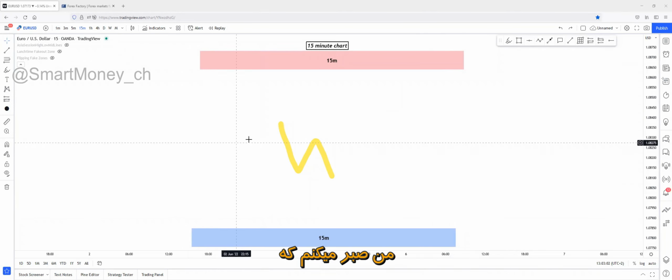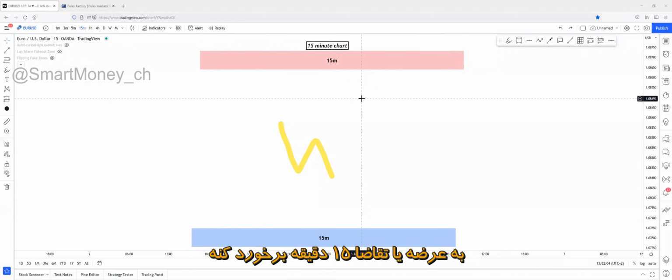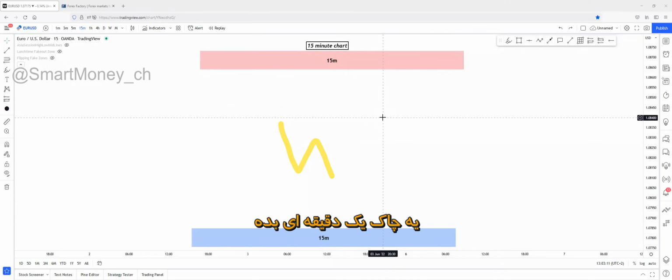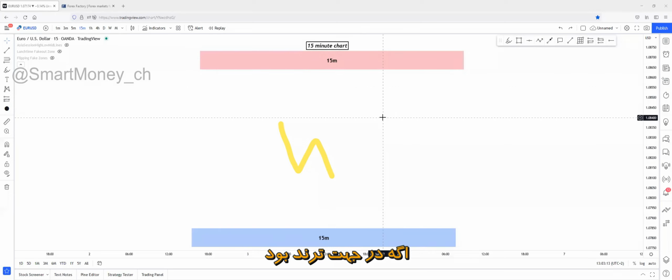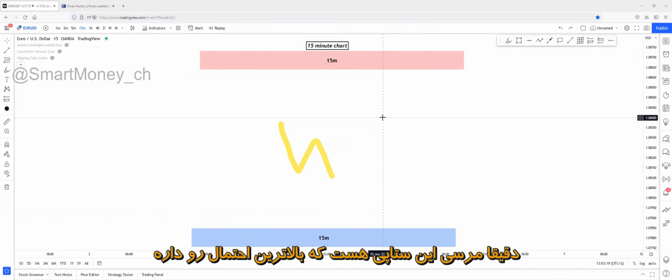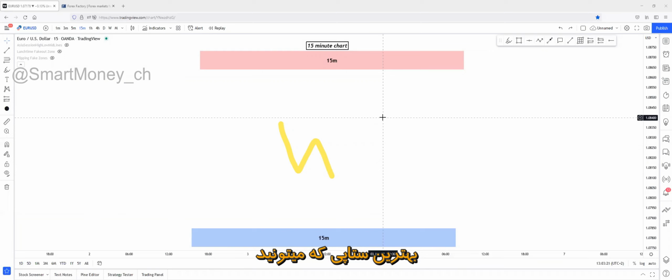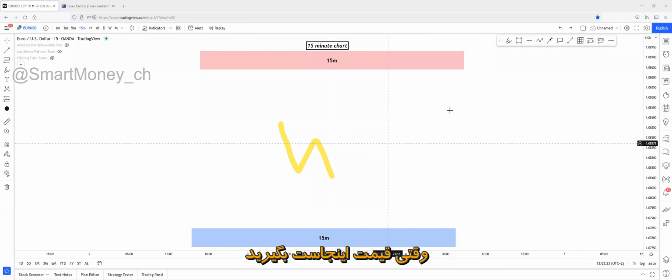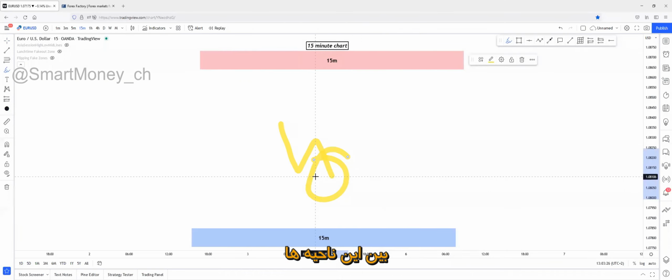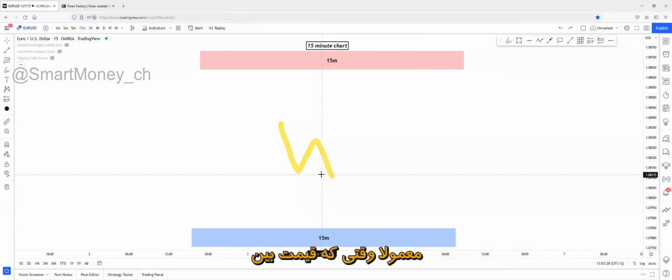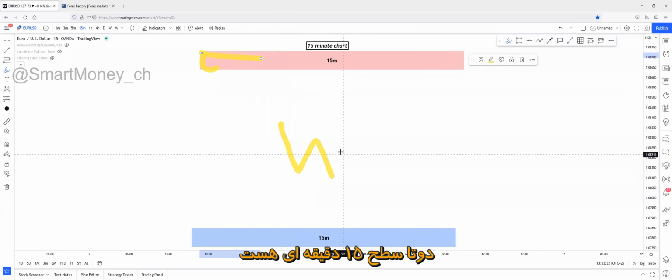I would wait for it to tap either the 15-minute supply or the 15-minute demand, and there I would wait for a 1 minute choke if it's with the trend, and if it's counter trend, I would wait for double confirmation on the 1 minute. Exactly, thank you, perfect answer. This is the highest probability setup that you can take when price is right here in between the zones. So usually when price is in between 15-minute demand and 15-minute supply zones,